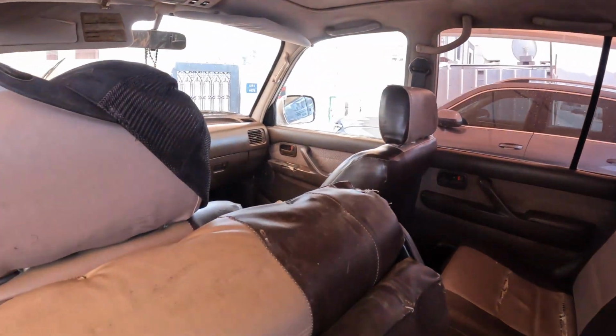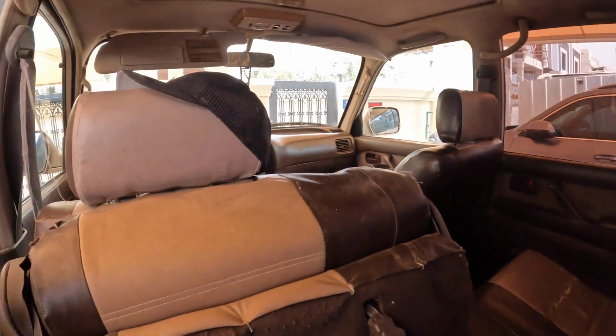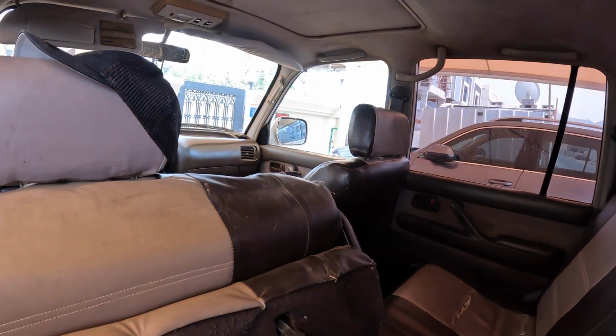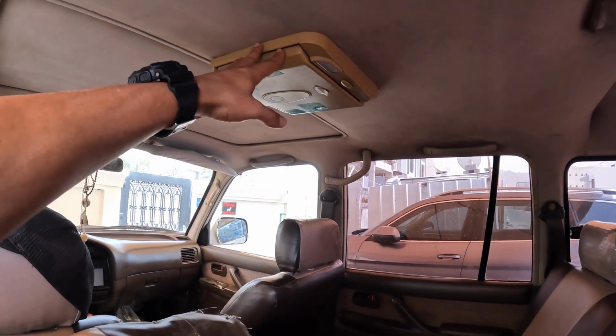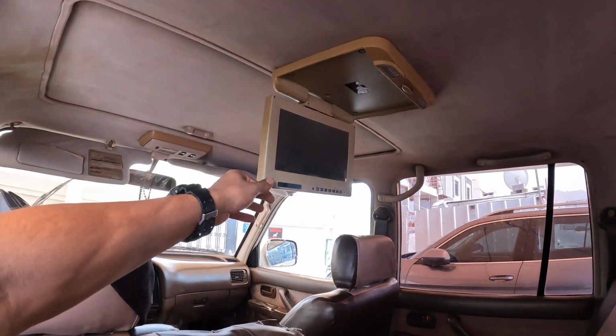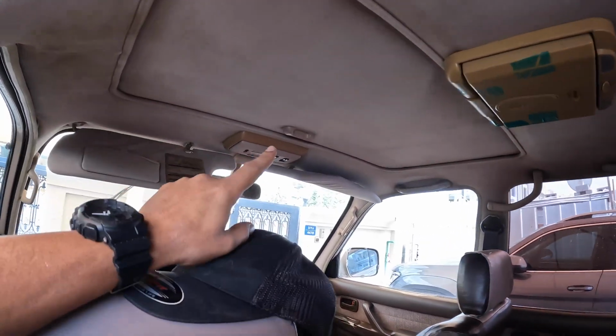Now none of the electrics in the car at the moment are working. This window goes down from here only. I can't control it from there. That one doesn't go down whatever I try. All of these things need to change. And then I've got a drop down screen here, which I didn't know would be on a 92 model. I think this is an aftermarket thing. That's got to go. Sunroof works, but